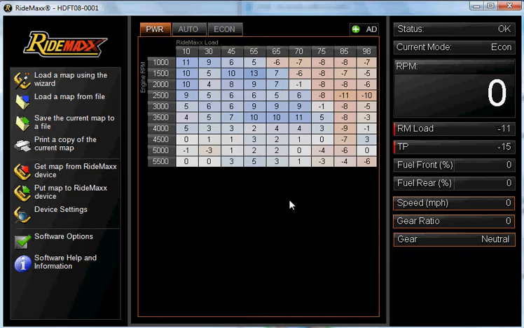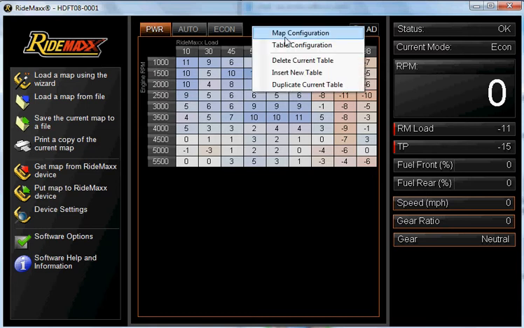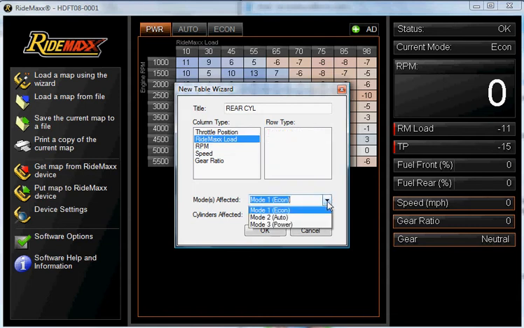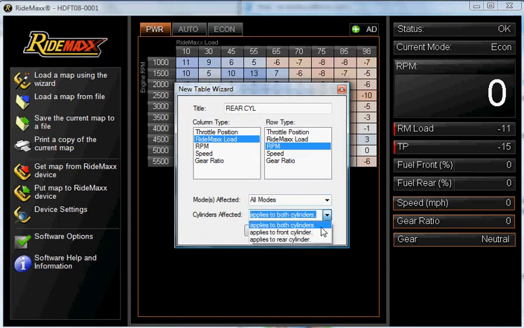Another thing you can do with the RideMaxx software is add another map. Let's say we want to add a map for the rear cylinder. I'm going to put my mouse up here, right click. I'm going to insert a new table. This table I'm going to entitle rear cylinder. It's going to be based off of RPMs, or excuse me, RideMaxx load and RPMs. It's going to affect all the modes, and the cylinders affected, I'm going to have it applied to the rear